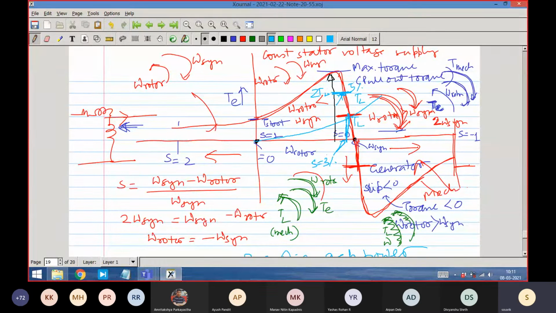There is a thermal time constant. It doesn't fail instantaneously. No machine can fail instantaneously due to thermal reasons. Thermal things have higher time constants. Electrical time constants are low. Thermal time constants are high. So you must understand rated means not maximum. Rated means surprisingly quite modest. It may be 1/3 of the maximum torque, 1/4 of the maximum torque, because we want to produce that point at low slip to improve the efficiency.